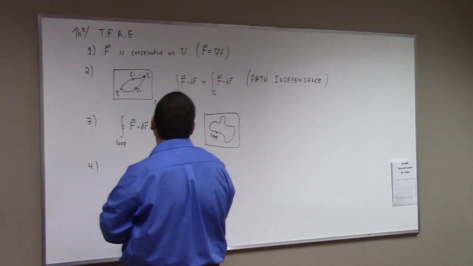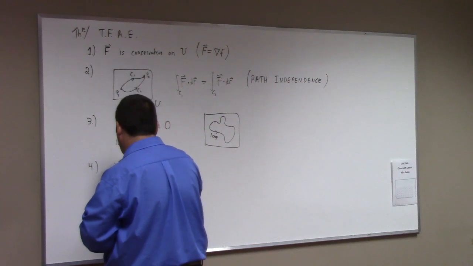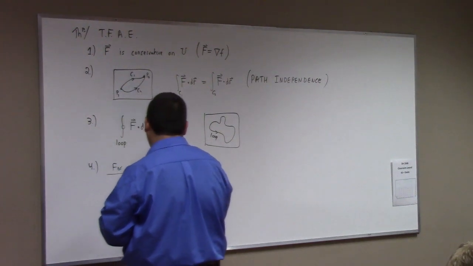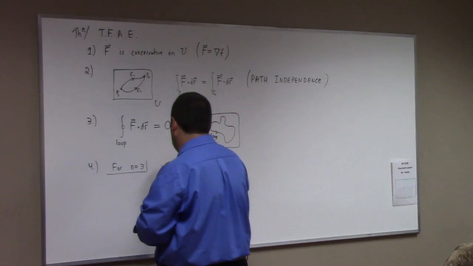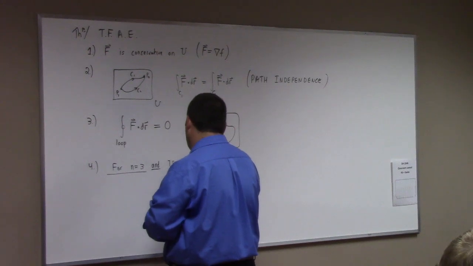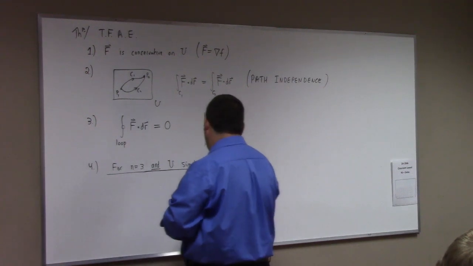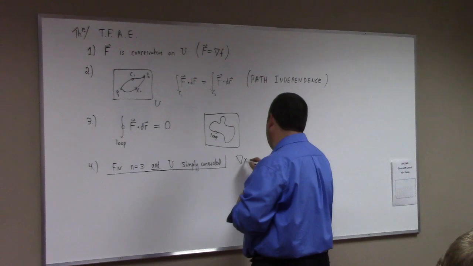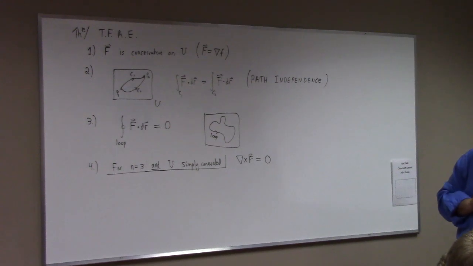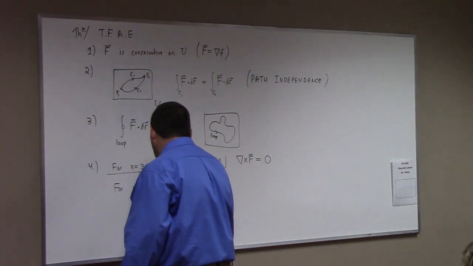And then 4, it gets technical. 4, and this is for n equals 3, and more fine print, U simply connected: the curl of F equals 0. Or, for n equals 2, and U simply connected,